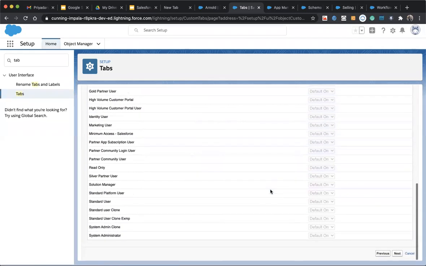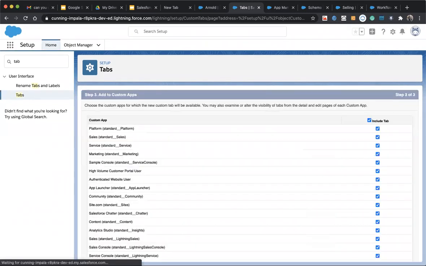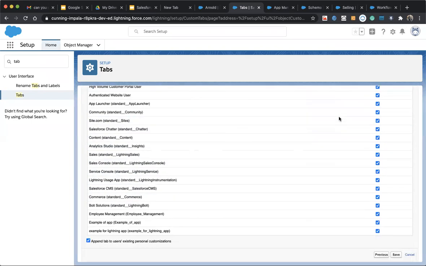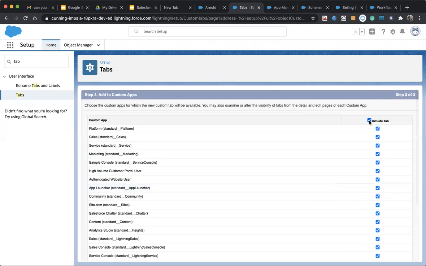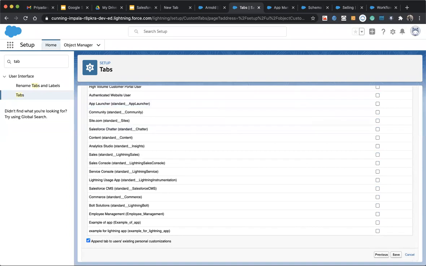But when we are creating from the Schema Builder, it will not be created. We have to create them one by one. And here you're asked to add the tab to which app. Since I haven't created my app yet, I just don't include this tab. Save.